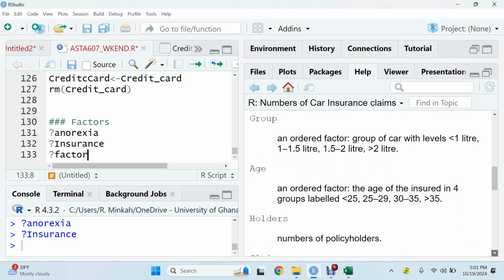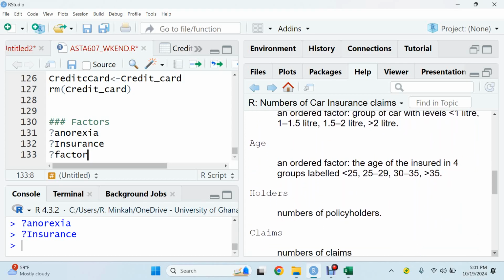Ordered factor. So ordered factor is what? On the ordinal scale. Is that okay? Yeah, so this one, why is it ordered? Because